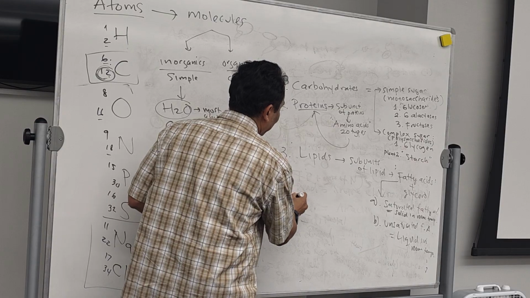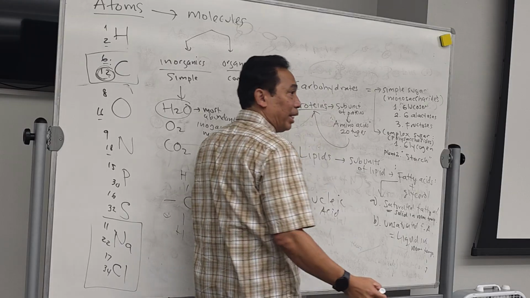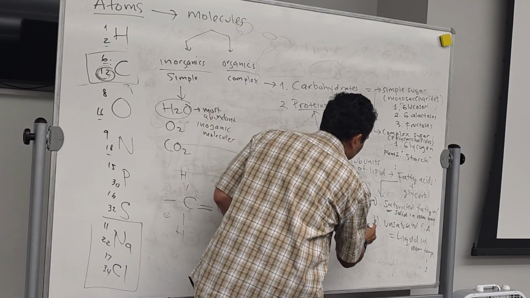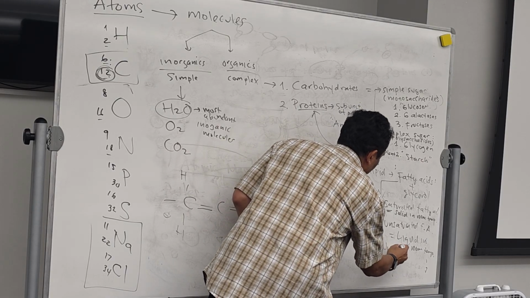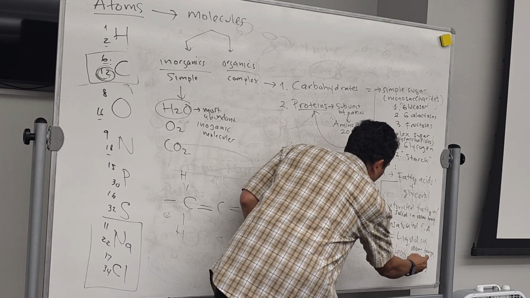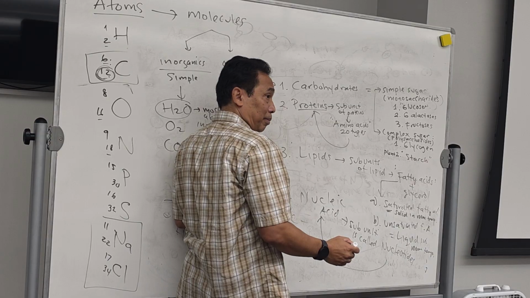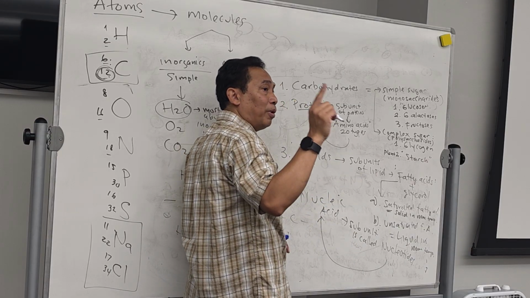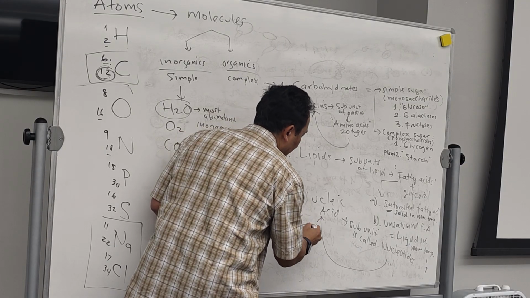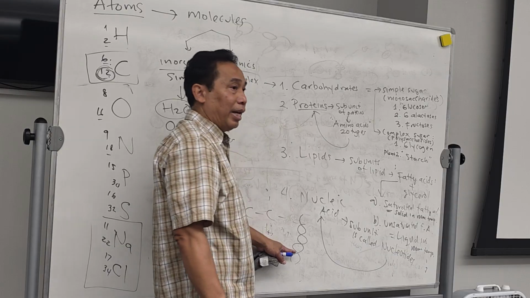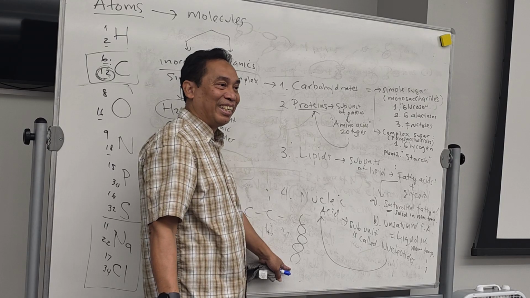Right. The last one over here is called the nucleic acid. The subunit for nucleic acid is called the nucleotide. This nucleotide will combine to make nucleic acid. In our body, we only have two types of nucleic acid. The first one is when the nucleotides bind together to create this kind of molecule over here. What do you call this one? DNA.